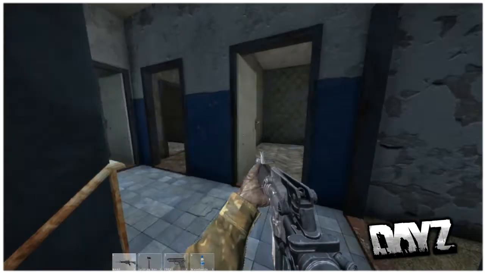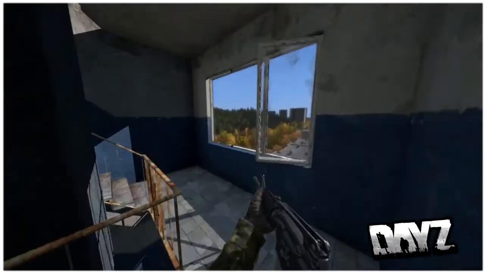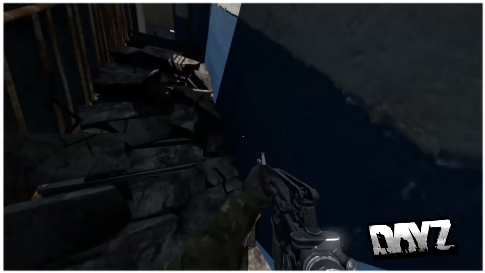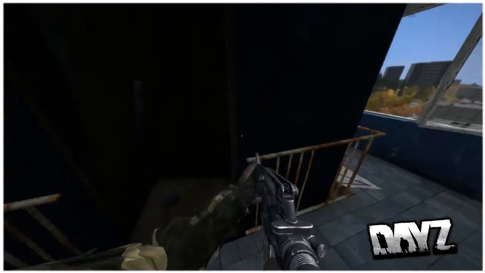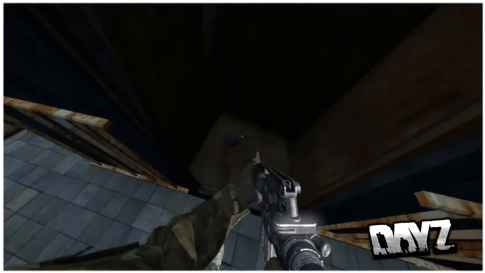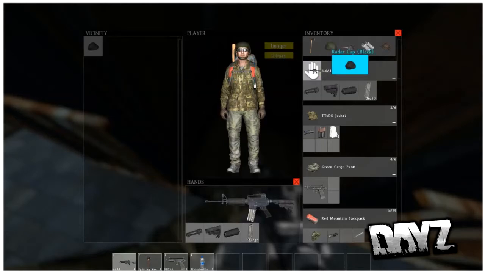So, hopefully, it doesn't look like there's any loot. Right, I'm going to go to the top, and then we'll have a look about. In fact, no, I'm not. They've blocked the stairs. Right, so I'm going to head... Oh my god, is that actually loot? What is that? It's a radar cap. What does that mean? Is that little...